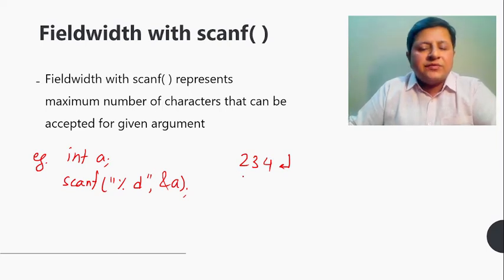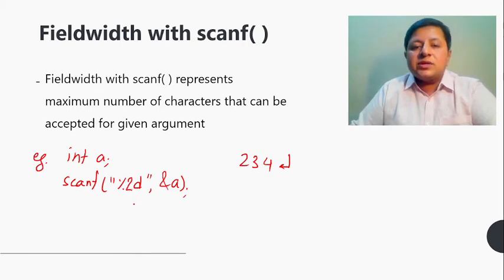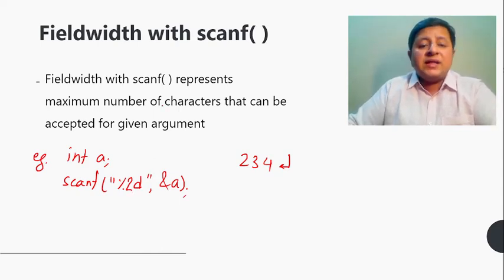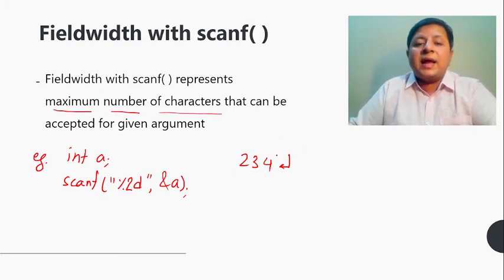That's a normal scanf. Now I can make use of fill width. This is how fill width is used: between the % sign and the format specifier, I can specify the fill width. As I just said, it is the maximum number of characters that can be accepted. So while doing this scanf, I'll be accepting a maximum of 2 characters, not more than that. When we say maximum 2, it could be even fewer, that is 1 also, but not more than 2.